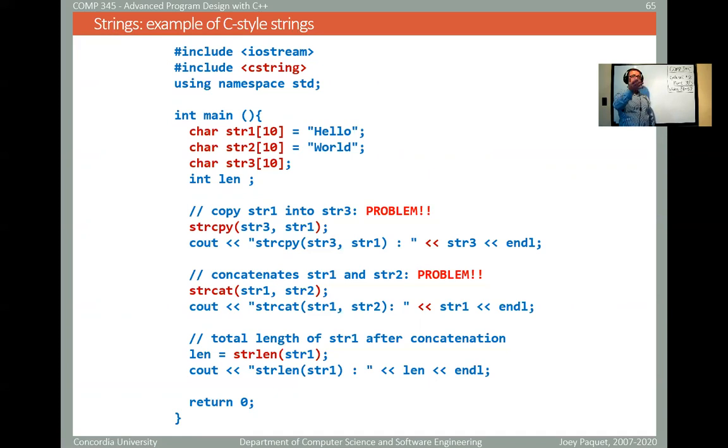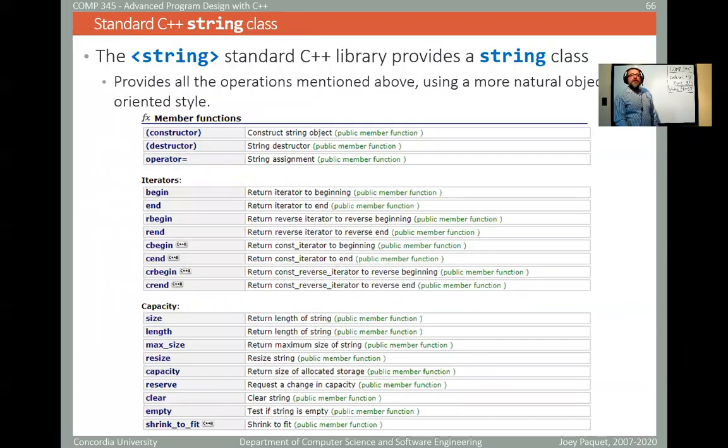So even though it might seem when you read this code that it's clear that it should be doing what you expect, there are particularities of C strings that are puzzling. Okay. So you might think you're doing something simple, but if you don't understand exactly how it's working, you will run into problems. So that's why I propose that you use the standard C++ string library that provides you with